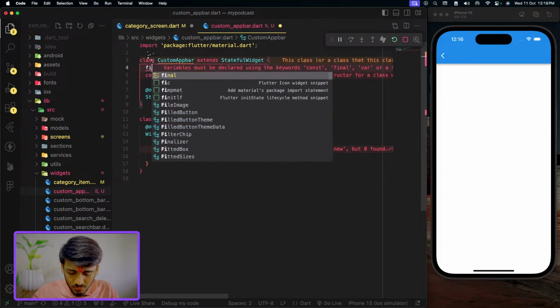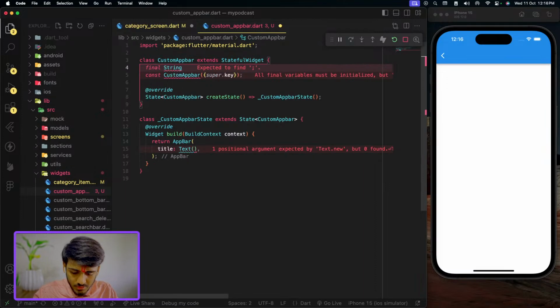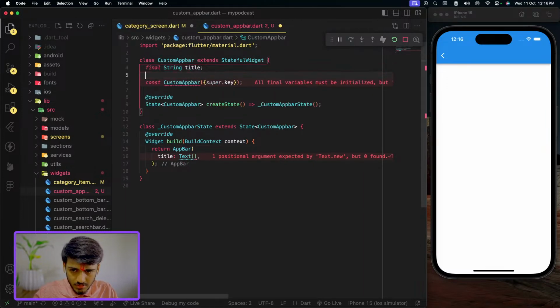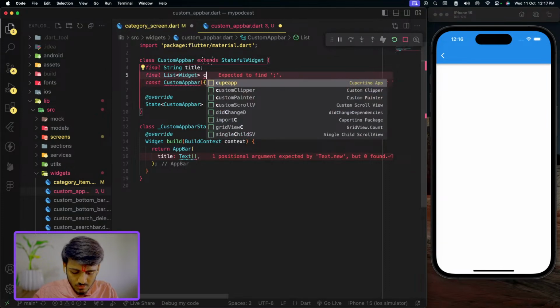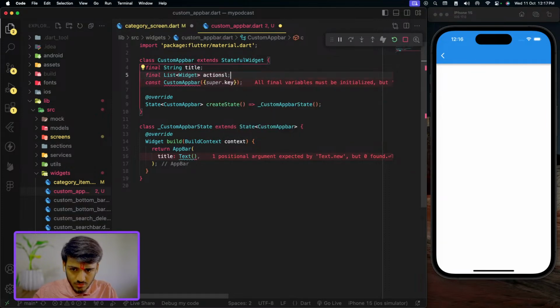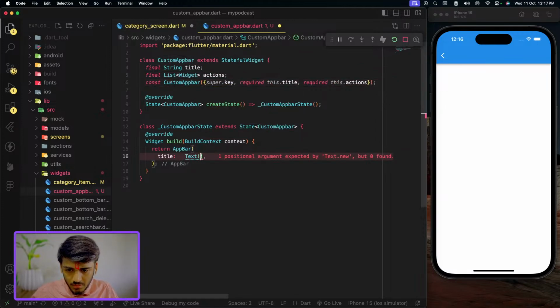Now here we'll just say string title, final list widget actions. Now let's have